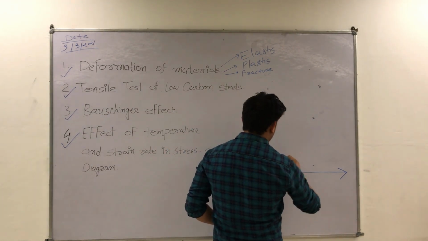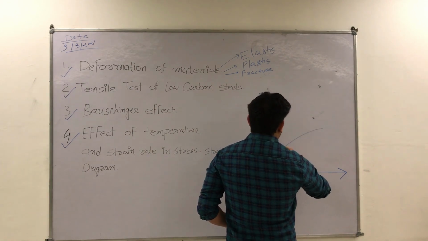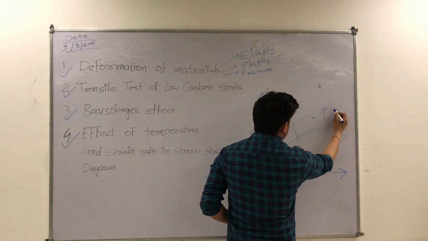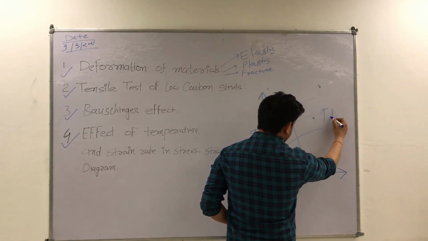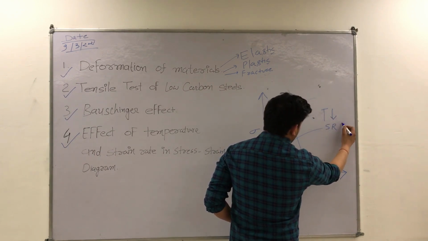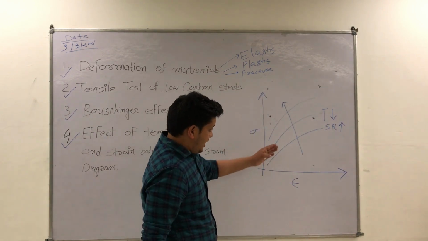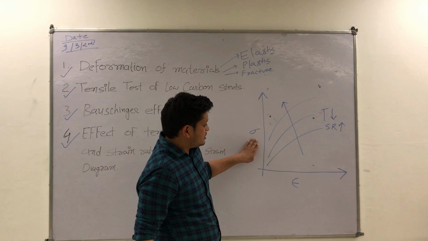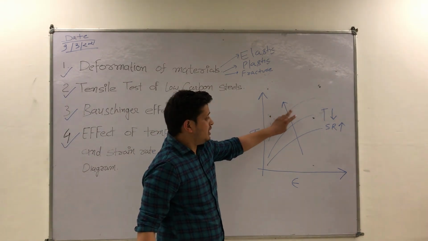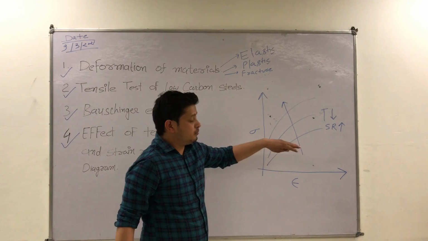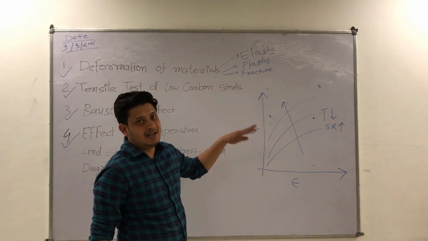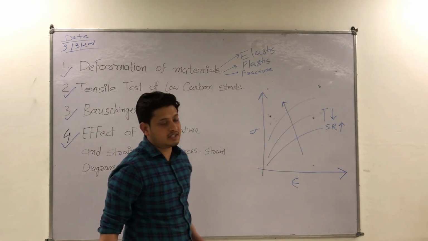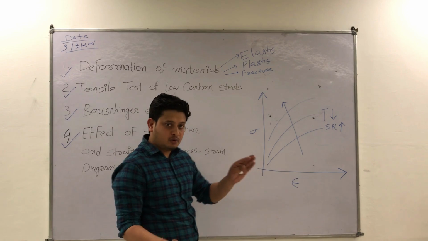In the stress strain diagram, let's suppose these are some typical stress strain diagrams, and in this direction temperature is reduced, but strain rate is increased. That means as strain rate increases and temperature decreases, more stress is required to deform the material, because if temperature decreases, then there is less hot working in the material, but due to strain rate there is more dislocation interaction, so the stress strain diagram shifts towards the left.